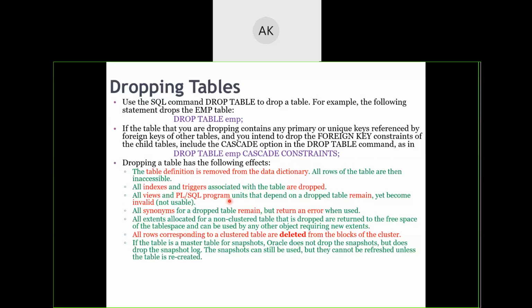Views and PL/SQL programs which were dependent on the dropped table will remain but will be invalid. Synonyms for the dropped table will remain as they are, but they cannot be used and will return an error. All rows corresponding to clustered tables are deleted from the blocks of the clusters. Okay, so these things happen whenever you drop a particular table.